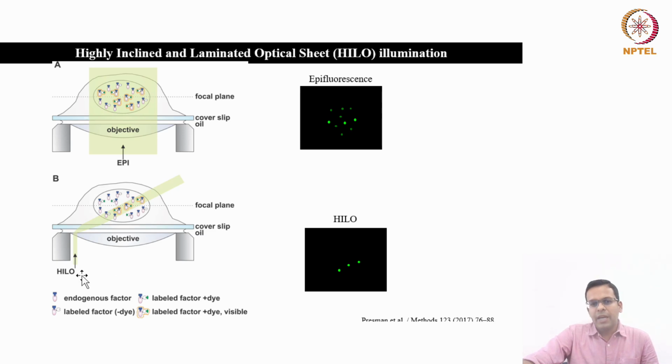your image. Whereas in high-low illumination, a thin sheet of light passes through the cell nucleus, and because of that, you can only see the fluorescence from 3 molecules, and the other molecules, they will not get illuminated, and because of that they will not provide any out of focus light, okay. So using this high illumination, you cannot see all the molecules present in the nucleus, but what you can see is how these 3 molecules behave inside the nucleus, whether they are dynamic. So suppose you want to study the dynamic of these 3 molecules, then the high illumination is best because you can see only 3 molecules and you can see that whether they are dynamic or not, okay.